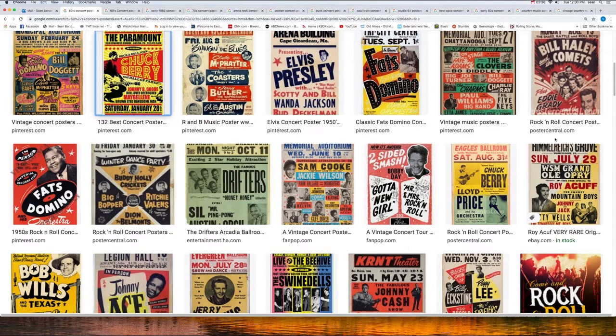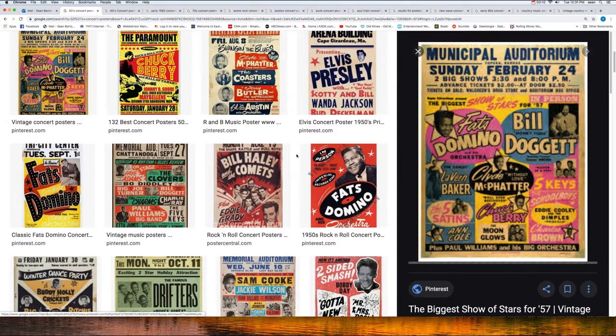And what a lot of promoters would do, when they figured out how to do live music with amplifiers, was this. In the old days, it was a big band. You didn't need amplifiers. You had large amounts of instrumentation that would project into a large auditorium, so it was no big deal. But when rock and roll hit, it became a big thing for record labels to send out what they would call their stable of artists, as if they had a whole list of different people that worked for them. So you would see things like this poster here,